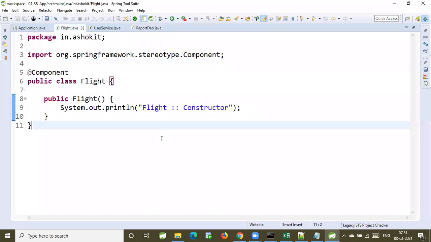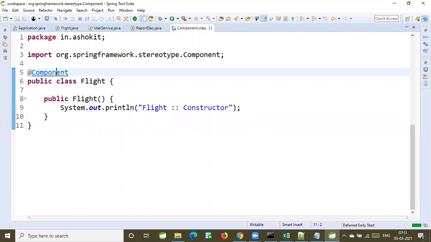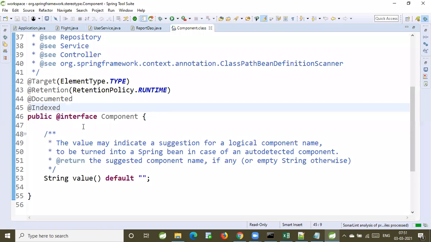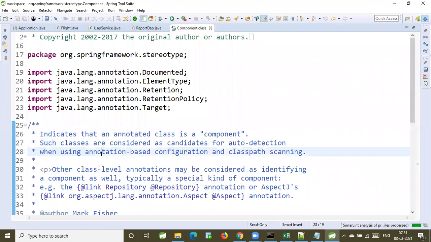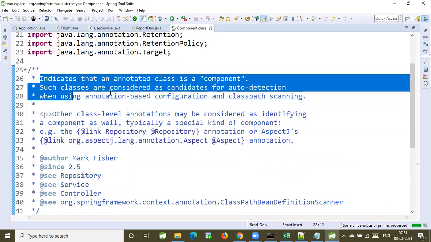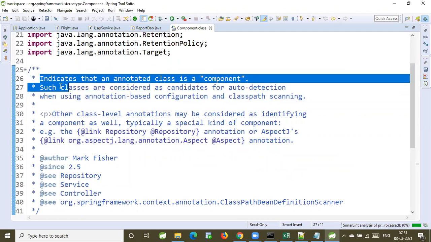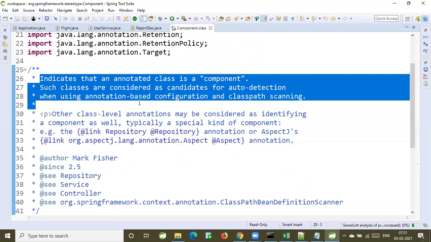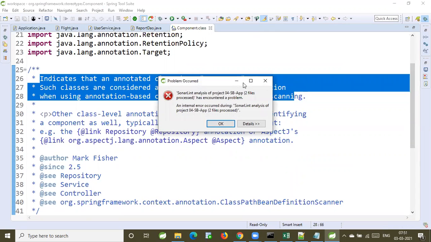First, I used @Component. Look at this Component annotation. There is some documentation. It indicates the annotated class is a component. Such classes are considered candidates for auto detection when using annotation based configuration and classpath scanning.